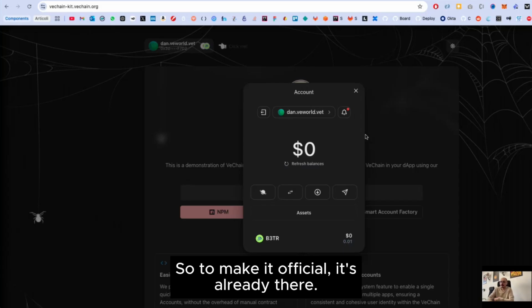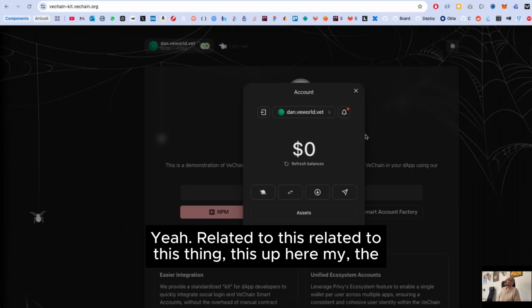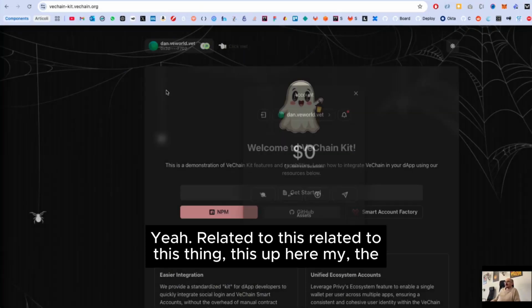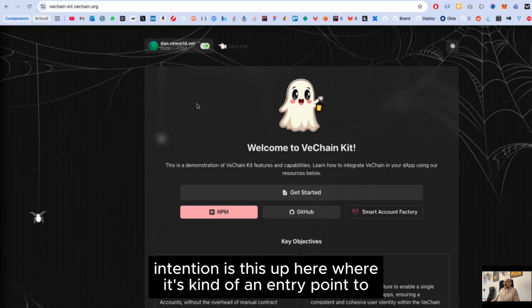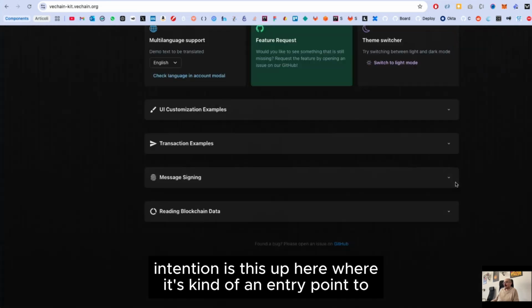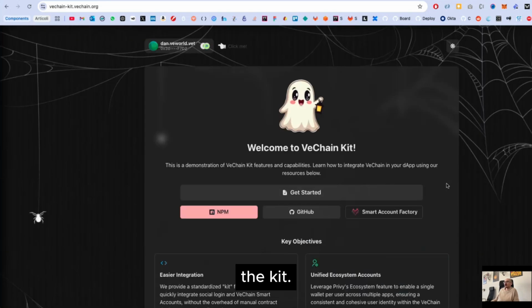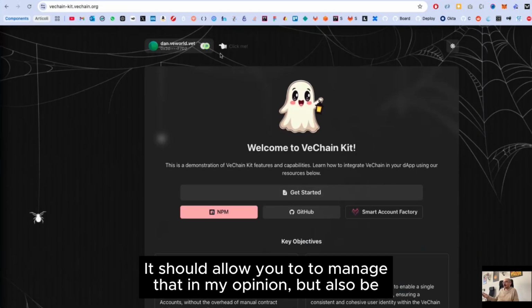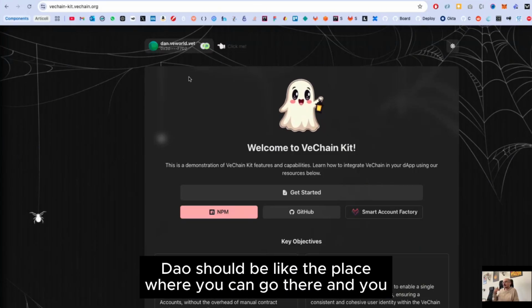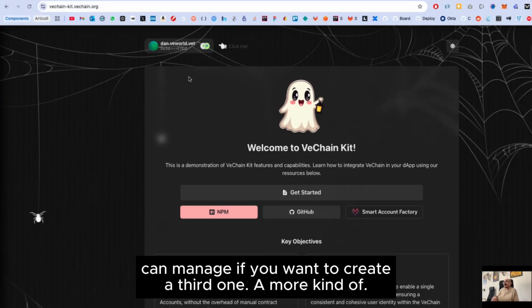So to make it official, it's related to this app here, where the intention is that it's kind of an entry point to the kit. It should allow you to manage that, in my opinion. But also VeBetterDAO should be the place where you can go and manage. If you want to create a third one, a more